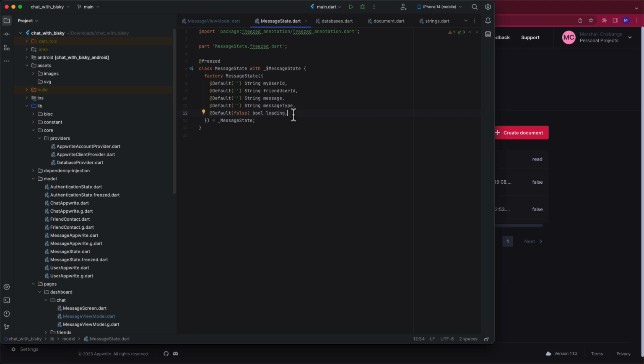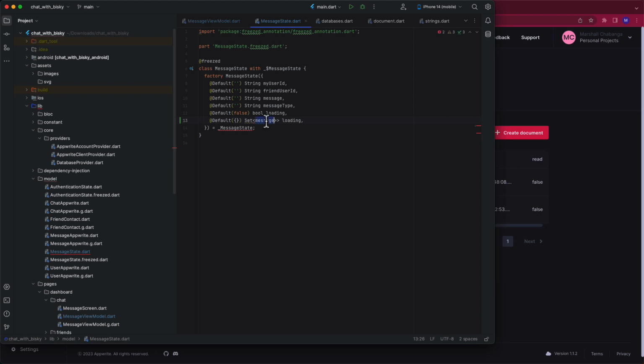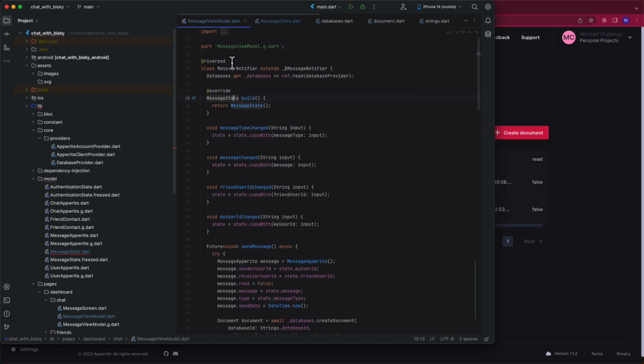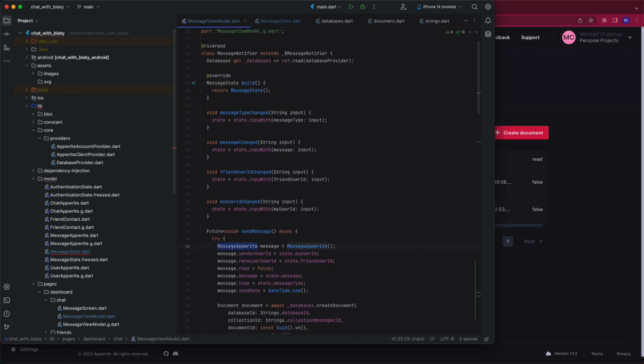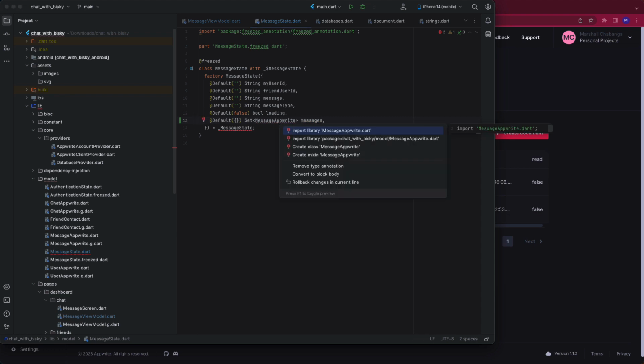So what we can do, we just duplicate this, and the default of a set is, by default, it will be empty, and it will be a set of message. What is the name of the message? Appwrite, the name of the class. Let's delete this, and here we just say messages. So we want to have a list of messages,